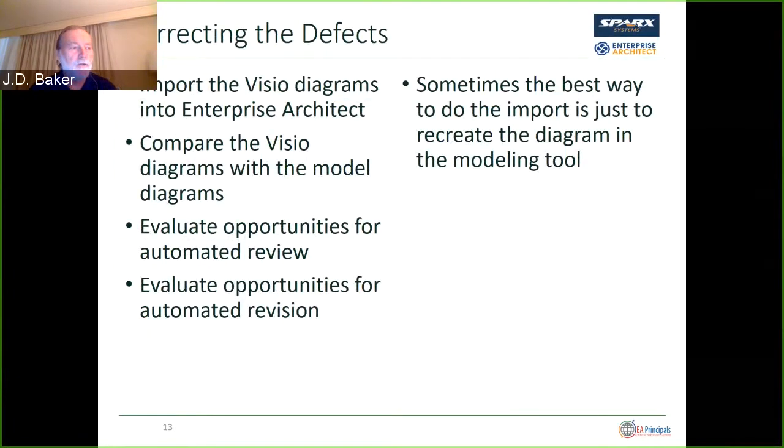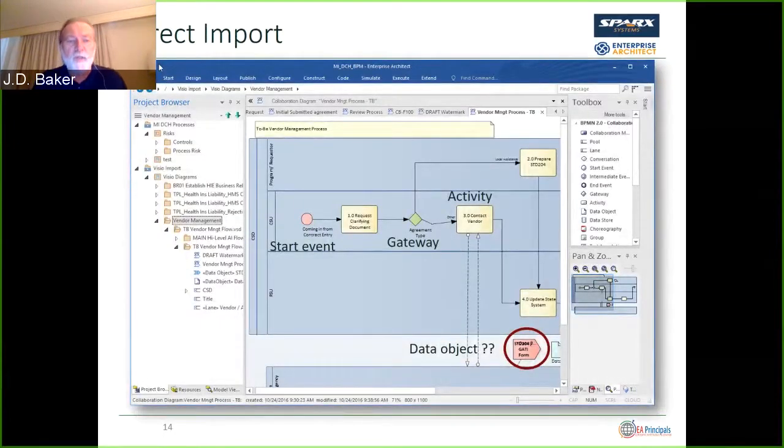representations, and the first thing we need to do is to import the Visio diagrams into Enterprise Architect, and then compare the existing Visio diagrams with the model diagrams, talk about how we were going to do some sort of automated review, look for opportunities to automate changes and automate some of the import stuff, and realize that sometimes the only way we're going to be able to do the import is to just recreate the diagram in the modeling tool and start over from scratch. So the step was a direct import,